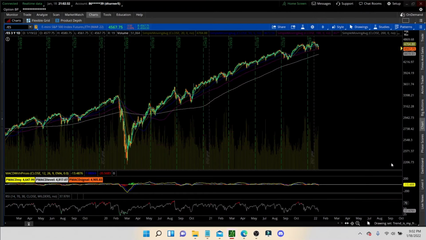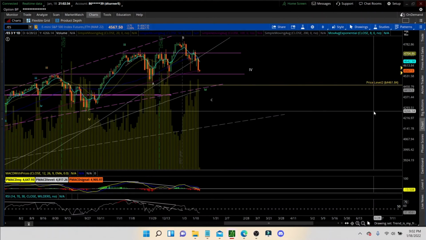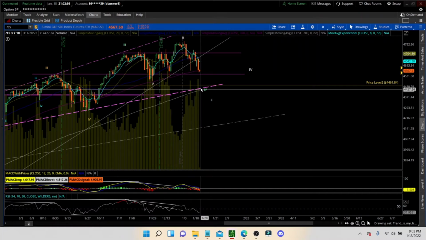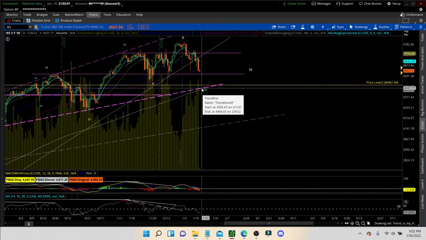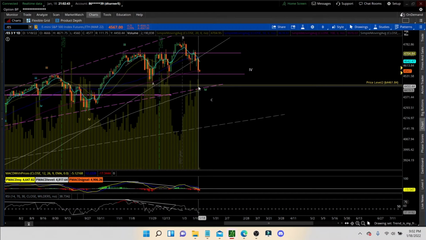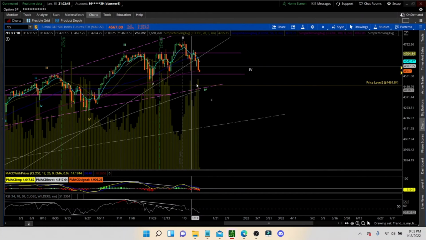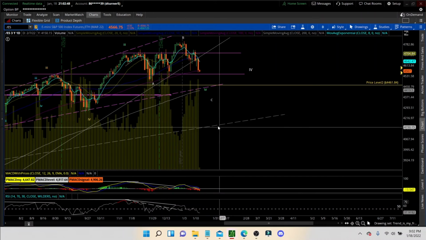Where do you think we should go? There's a lot of opportunities here, but really I'm looking at the 200 MA with this rising pivot here. So that could bring us down to the 4,400 area. That seems like a likely area for us to correct, and that'd be a significant correction. It could actually go lower.